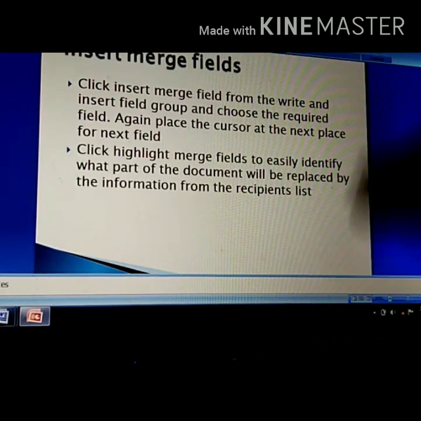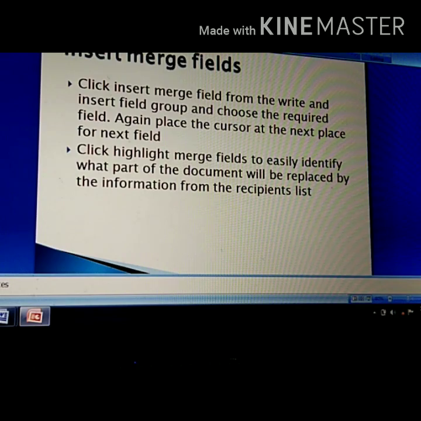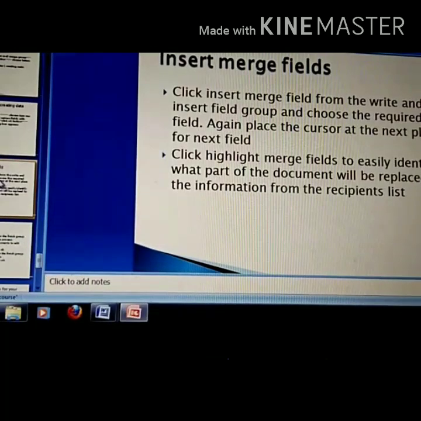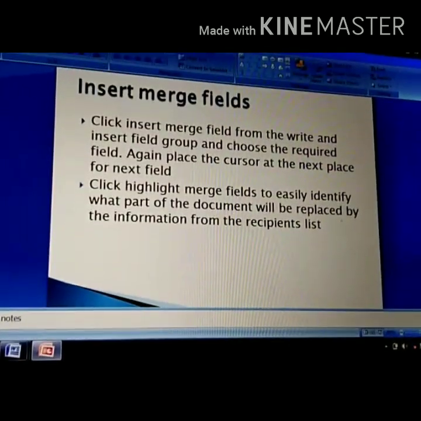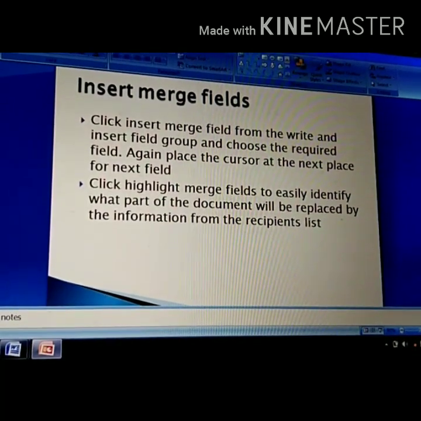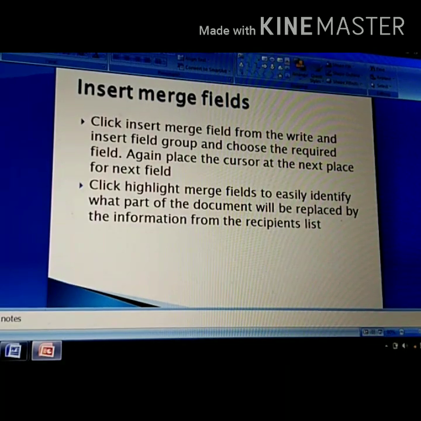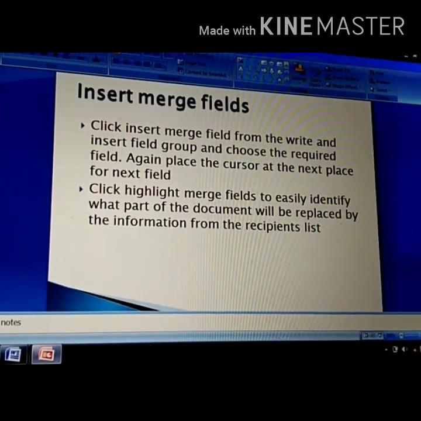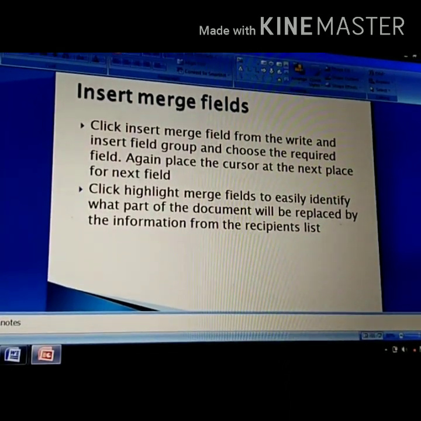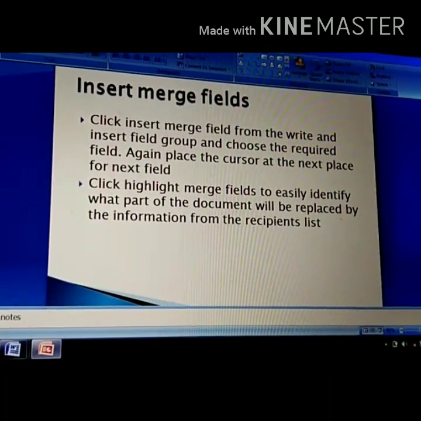So from my side, this mail merge first topic is completed. The second topic we will discuss in our next class, and we will take a revision tour of all this mailing also. Okay, so do revision, and in our next class we will go through creating labels.